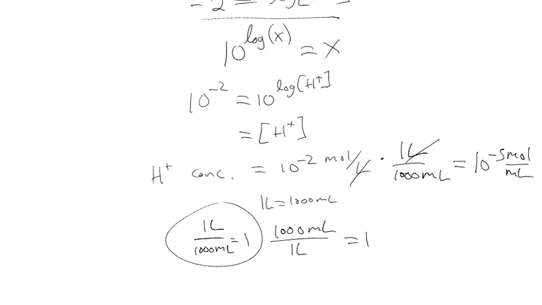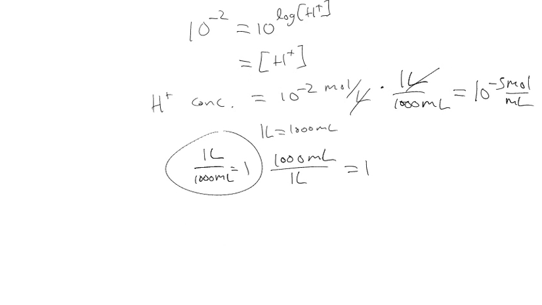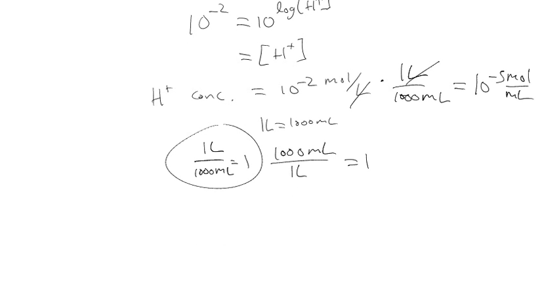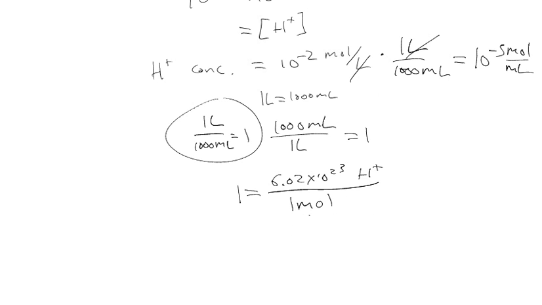Okay, now we want things in terms of number of H plus ions, but we have it right now in terms of moles of H pluses. So to get the number of H plus ions, we do the same trick of multiplying by 1, but this time let's use the 1 which is equal to 6.02 times 10 to the 23rd H pluses over 1 mole. Those two things are equal. And that's 1 mole of H pluses, as is this up here. So we just multiply this times that, and we get